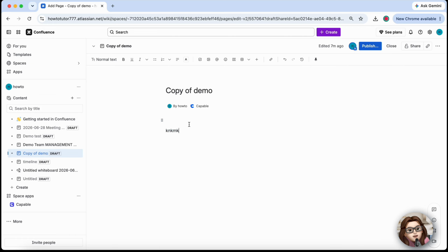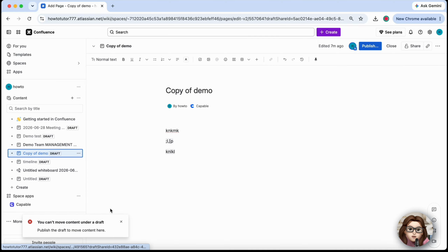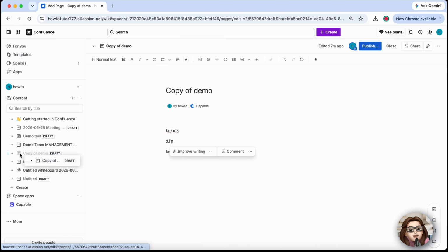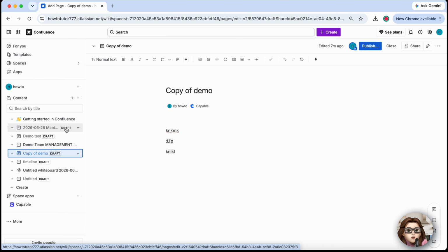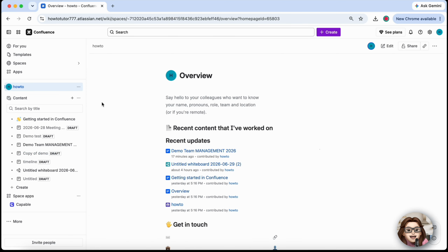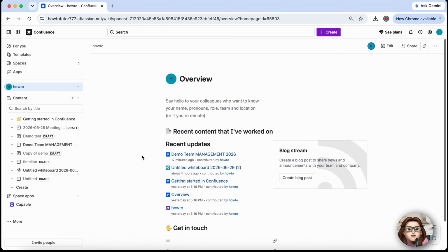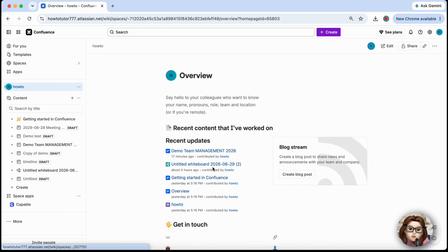If pages are not organized properly, you can move them to different locations within the page tree to create a cleaner structure. To make important resources easier to access, add shortcuts to frequently used pages, documents, or external links in the space navigation area. You should also use clear and consistent page titles so team members can quickly find the